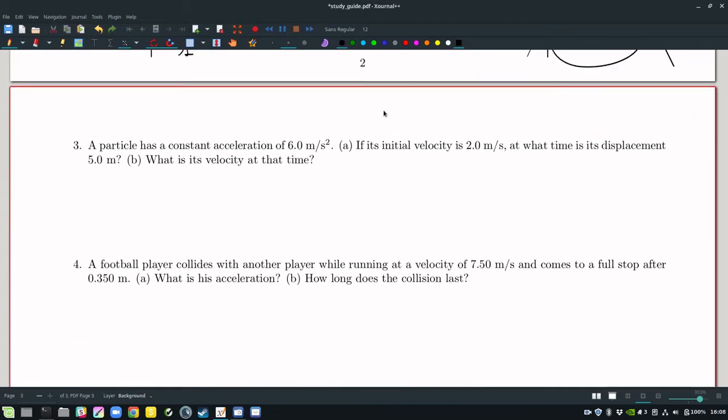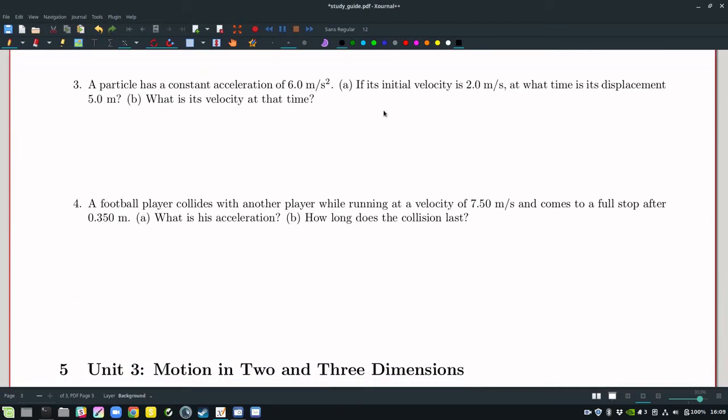Welcome back to the study guide. So we're in Unit 2 still. A particle has a constant acceleration of 6 meters per second squared. And we're going to be asked at what time is its displacement 5 meters, and we're given the initial velocity. So all that together suggests that we could use a function like this to describe its motion,